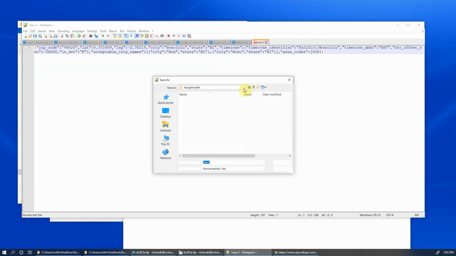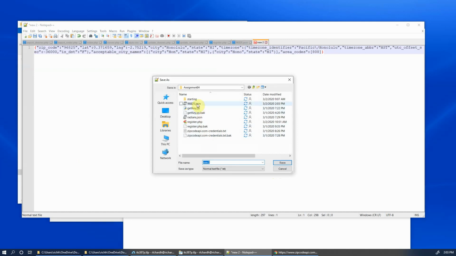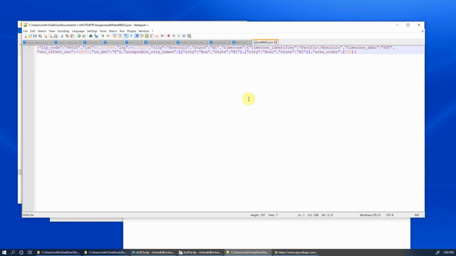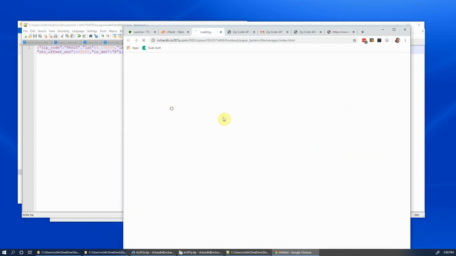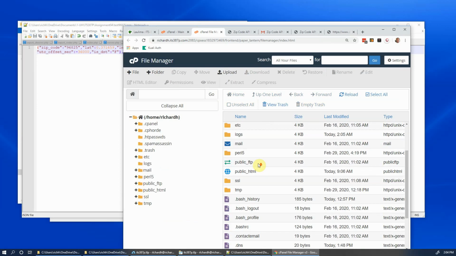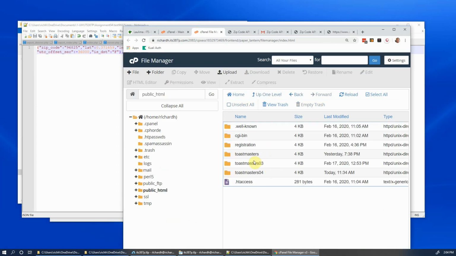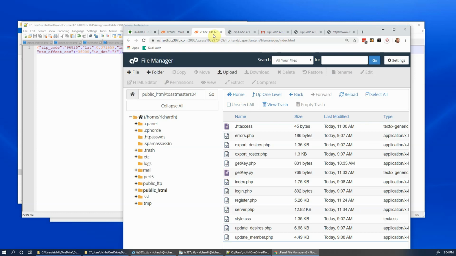Save as test 96825.json. Okay, test 96825.json. And I need to put that up here. In fact, why don't I just go to the cPanel file manager, and I'm going to put it here. I'm working in Toastmasters 4, quite sure,